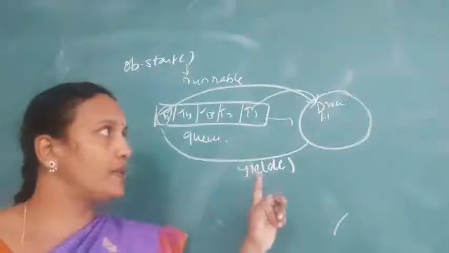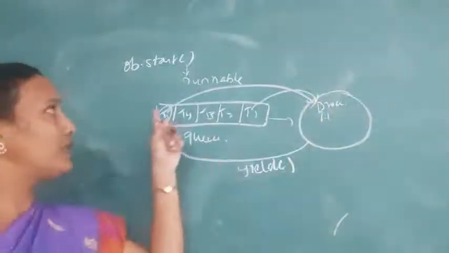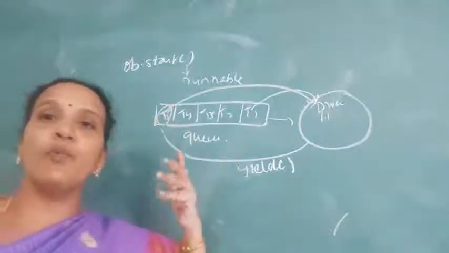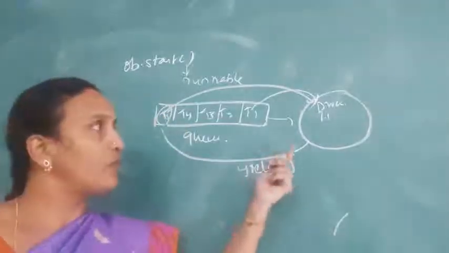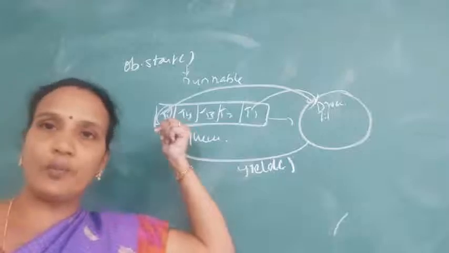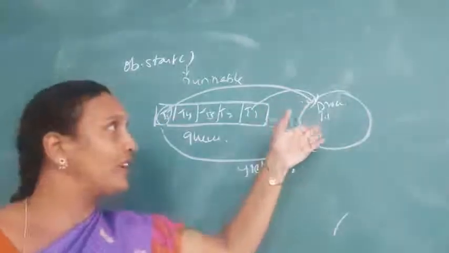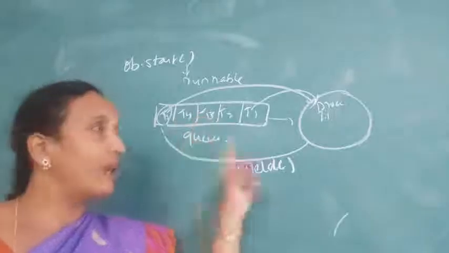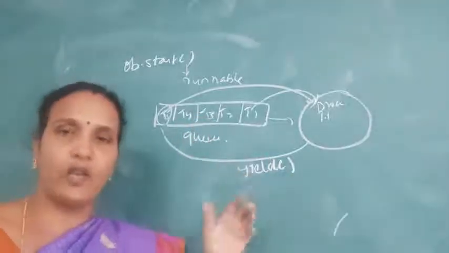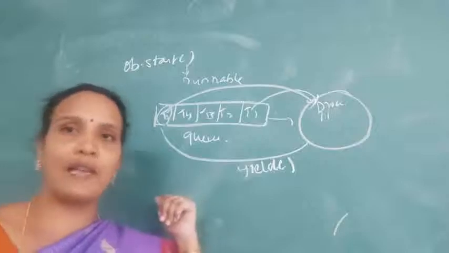Understood? So what is the yield method? For example, one thread is running inside the processor. Another thread joins the queue which has more priority. Then processor time is immediately given to the new thread which has more priority, and whichever thread was in the processor is moved back to the queue. This is possible by using the yield method. So the yield method moves the running thread to the runnable state.